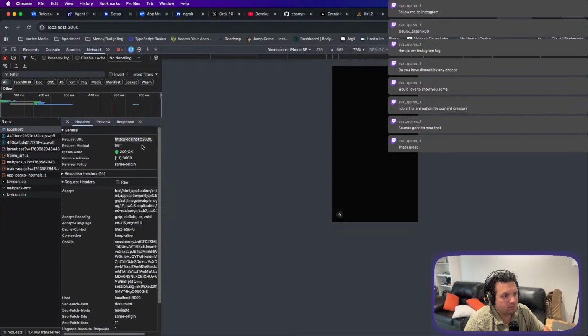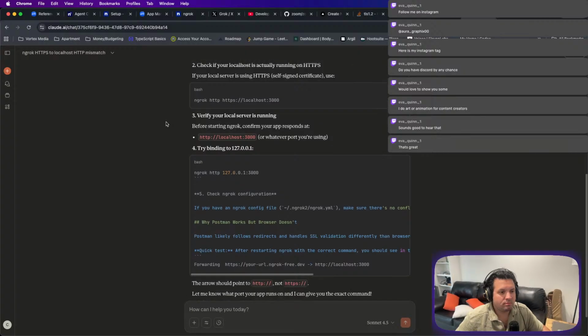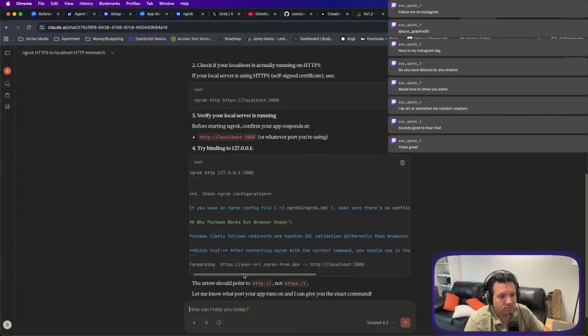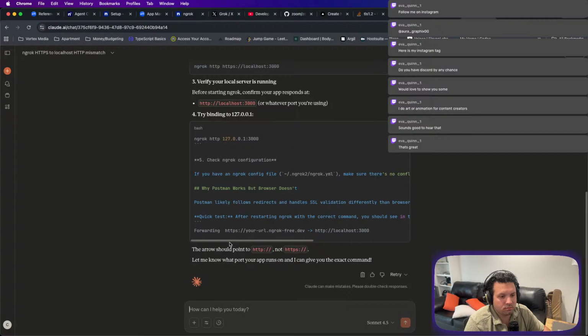Yep, it's HTTP. I do see the forwarding in my console as expected from the HTTPS ngrok URL to the HTTP localhost URL.